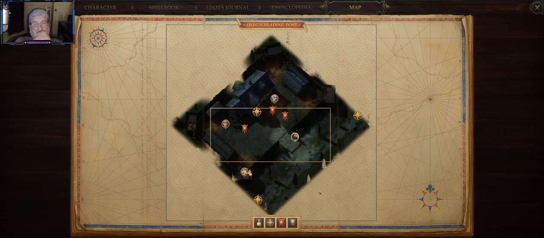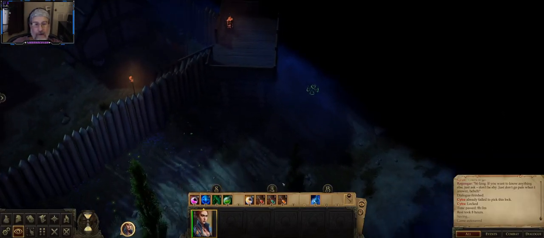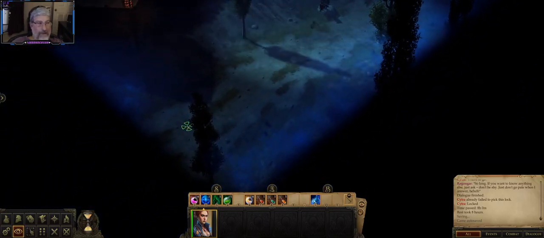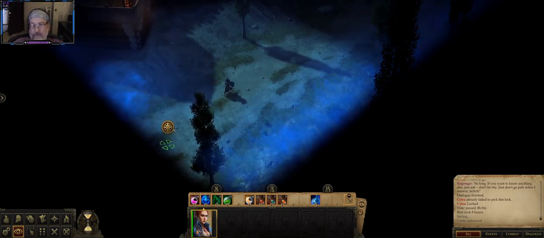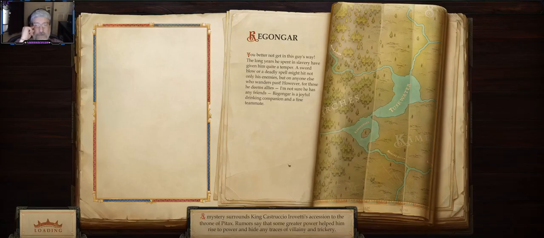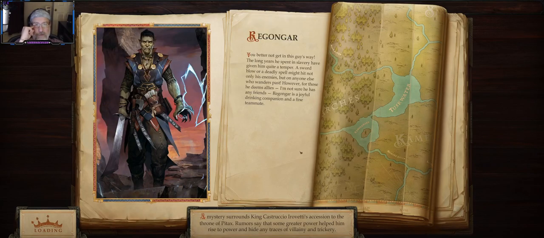So let's look at the map. Wish there was a way to see the world map. Why do I have to go? I have to go all the way down here. Okay. So, not what I wanted, but